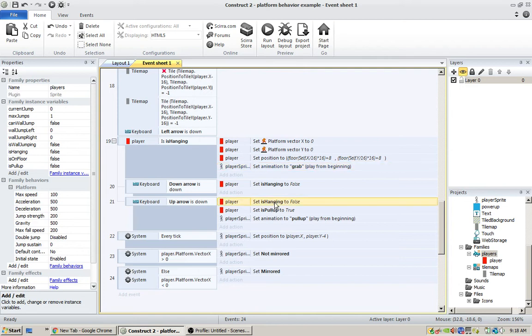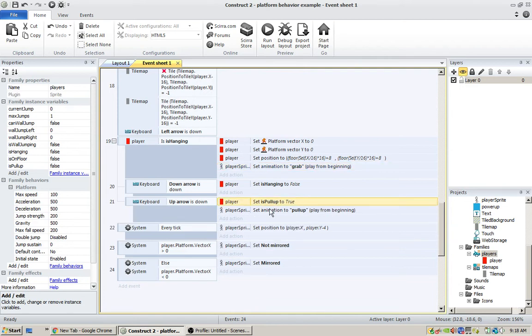So delete that, is hanging false, delete that, and then we can still set the is pull up to true. We might need that. We'll just use that for now. And then animation to pull up. Now it has up here set animation to grab, so if it's still hanging, it'll just immediately set the animation back to grab. So we need to add